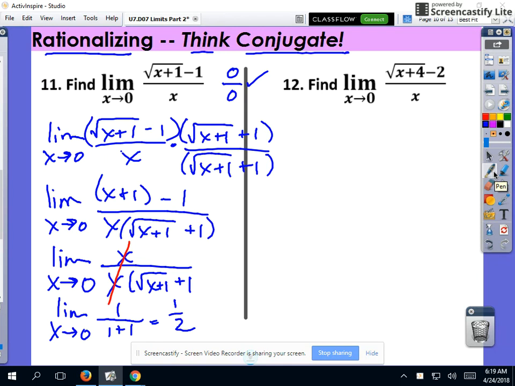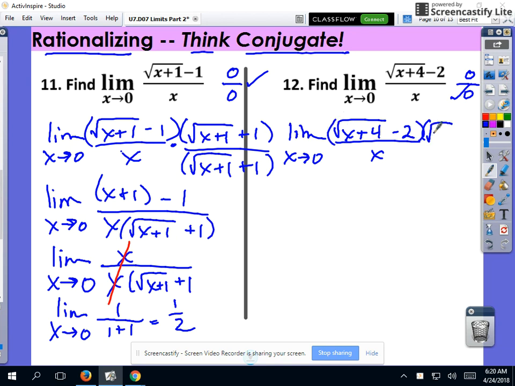All right, for number 12, when you multiply by the conjugate, your conjugate's going to be square root of x plus 4 minus 2. Oh, wait, we forgot. You need to check and see if it's 0 over 0. If you plug in 0 here, 0 over 0. Okay, good. Sorry about that. All right, x, and then the conjugate's going to be square root of x plus 4 plus 2, and square root of x plus 4 plus 2. So when I multiply that through,